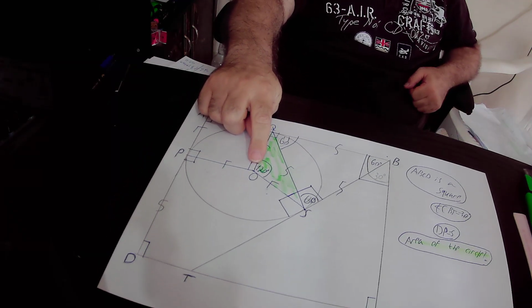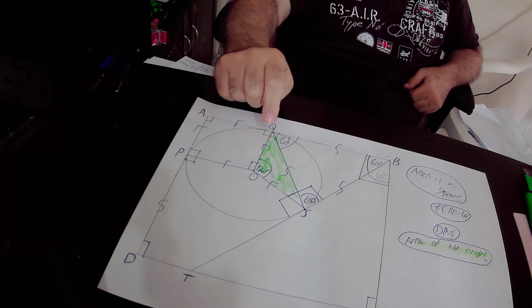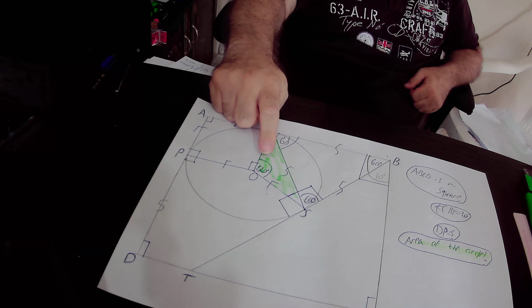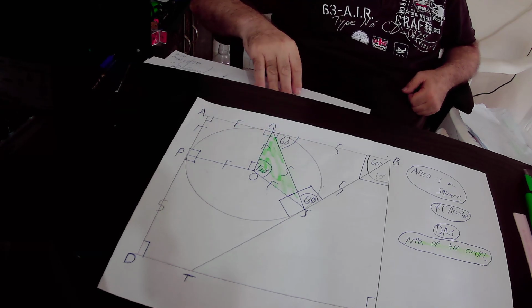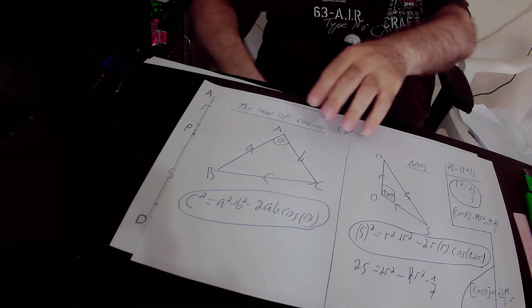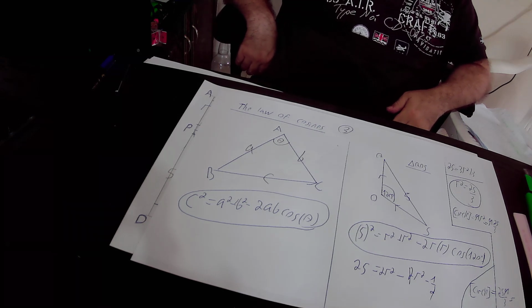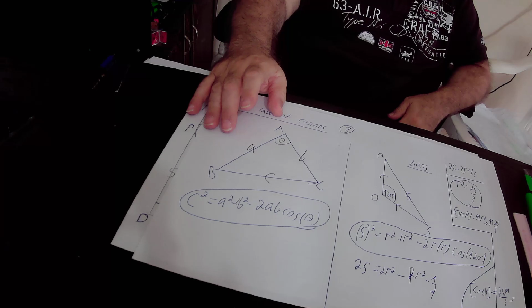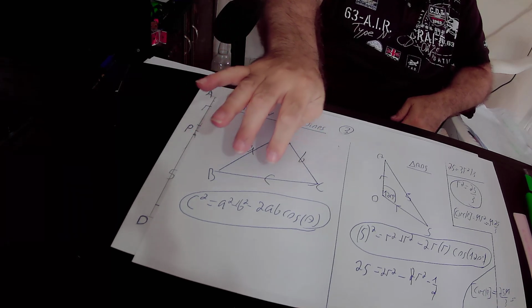In the next step, I presented to you the law of cosines and we implemented the law of cosines in this triangle, triangle QOS. What is the law of cosines? The law of cosines is for any triangle. So if we have a triangle ABC that could be any triangle, side AB equals A units, side AC equals B units, and side BC equals C units,